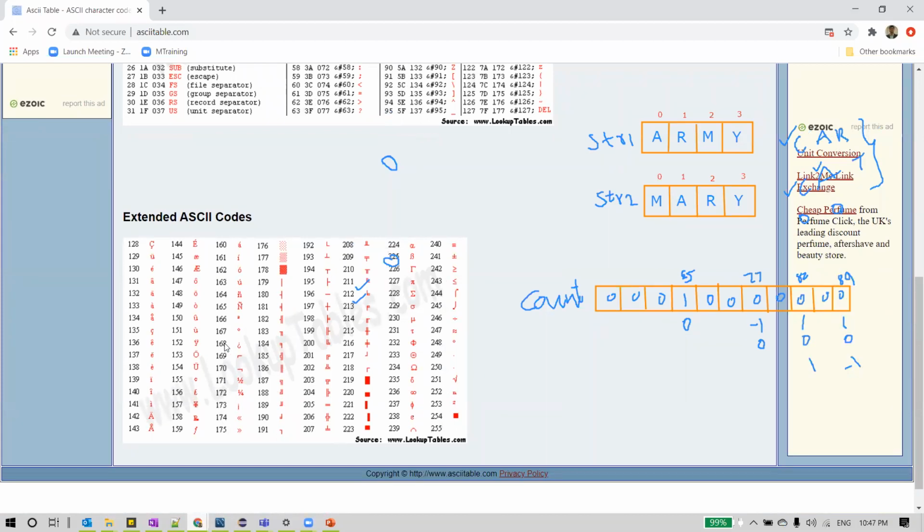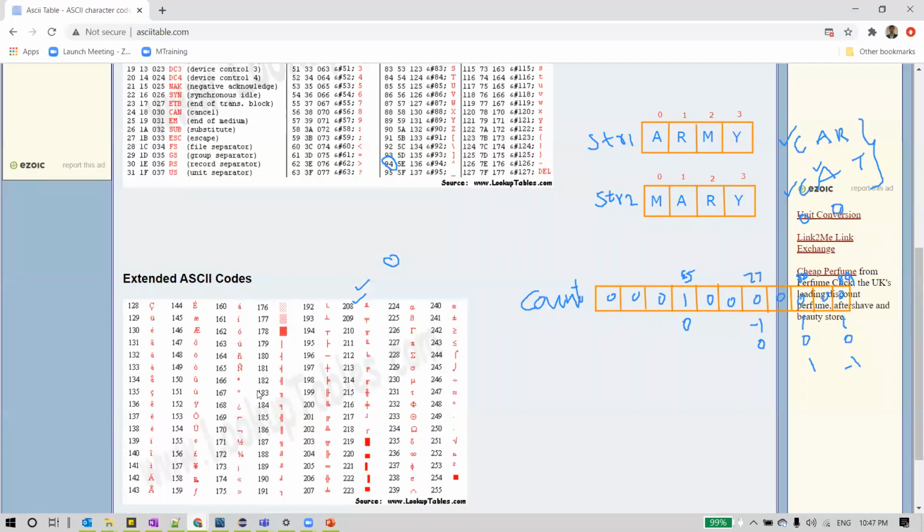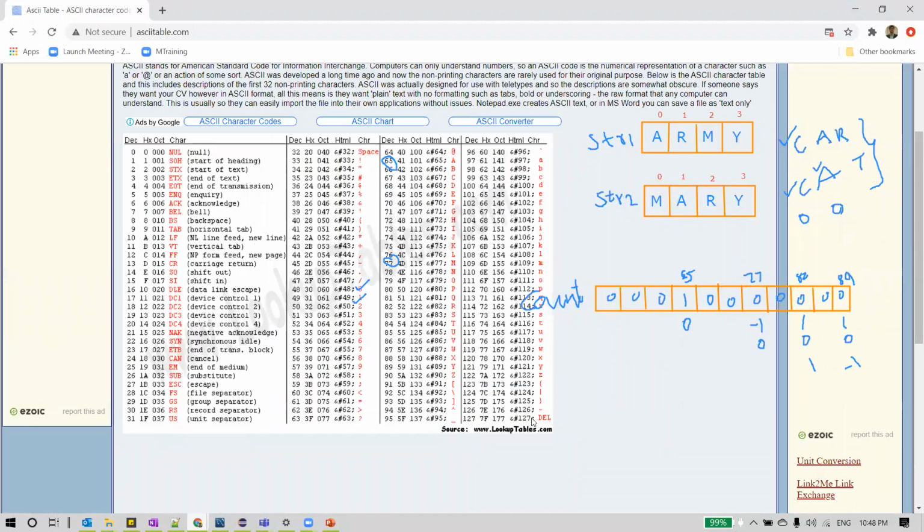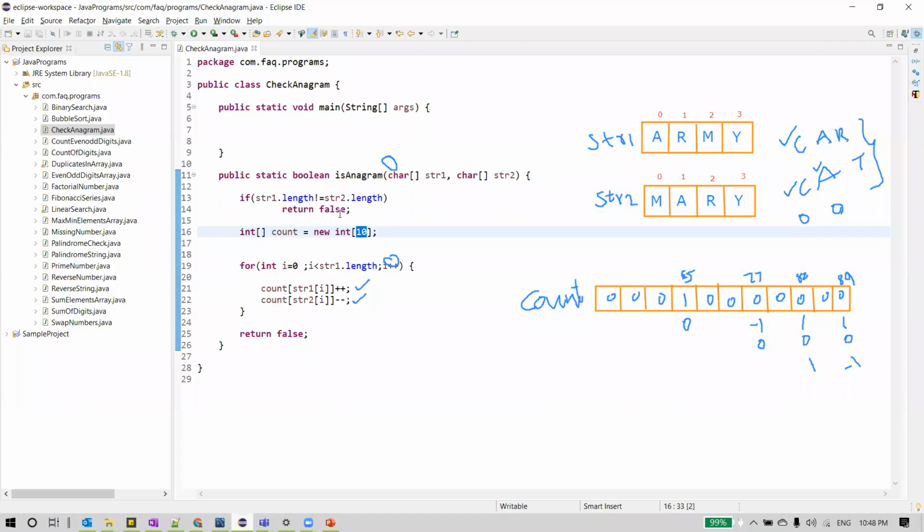So if you think that you're going to provide some of these symbols also in your string, then we can declare that array size as 256, or else we can just declare our array as 128 if you wanted to have only these characters and some keys. So that is how we are going to have our size.